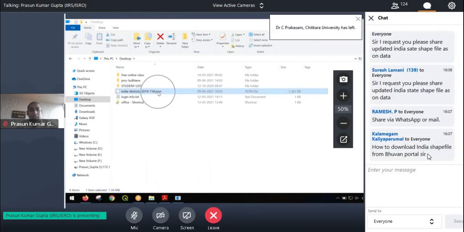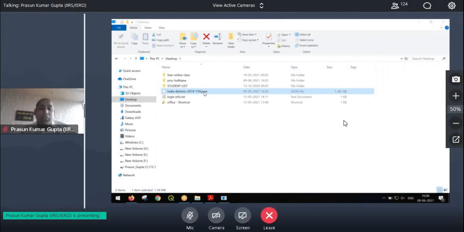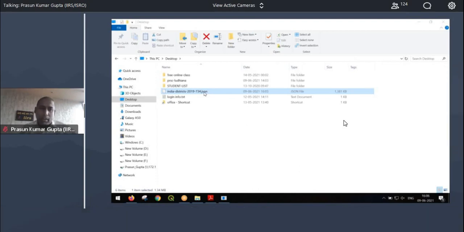So this is a newer file format. Normally, we know shape files or we know AutoCAD files or KML files. This is a more recent format called JSON, and it is used mainly for disseminating data through the web.